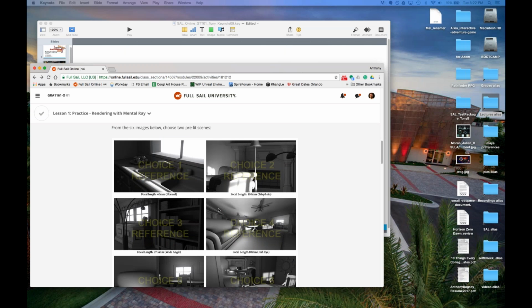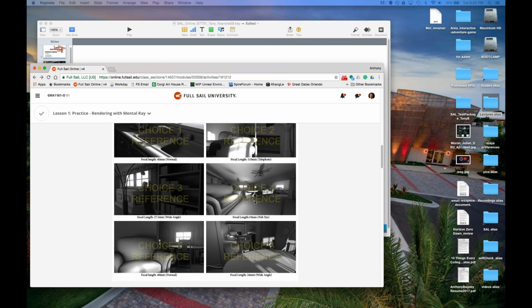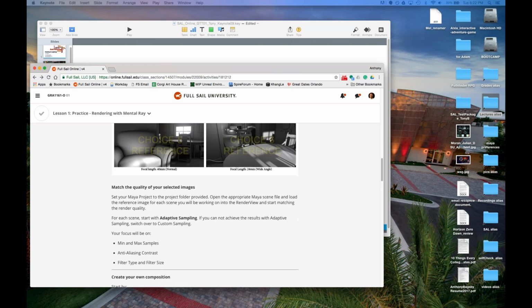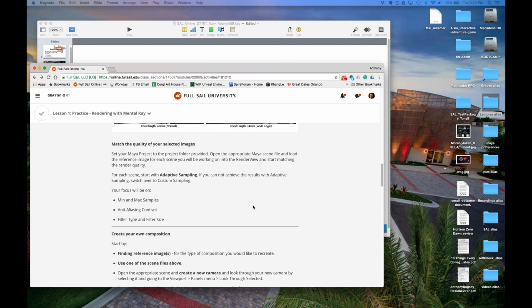All right, so that's where all of our information is. Week 4, our first assignment is basically going over how Mental Ray works. We're getting used to how Mental Ray works, and we're getting used to how rendering works, because we're going to be doing a lot of rendering. You guys have done a little bit of it before in 3DF, but here in Shading and Lighting, it's all about rendering. Everything we do is rendering. Get a render.